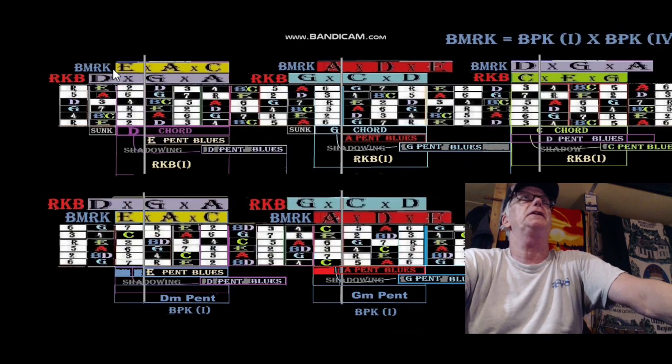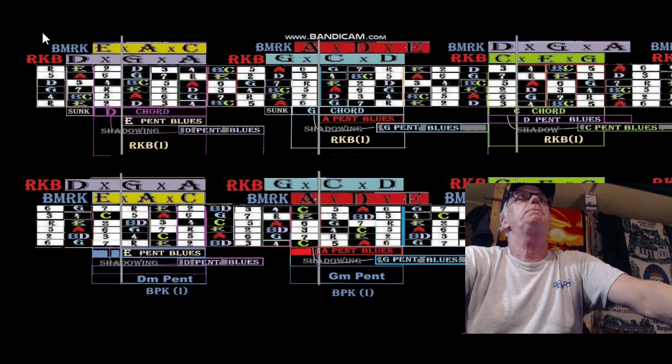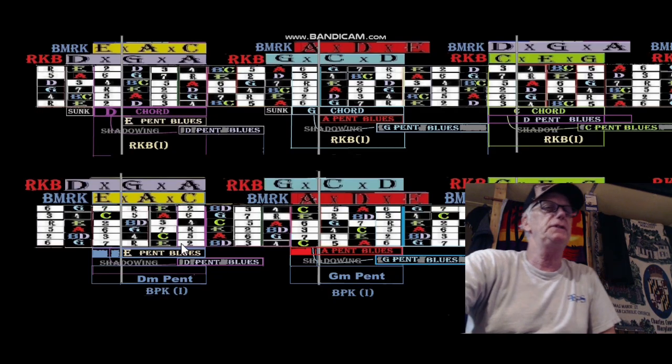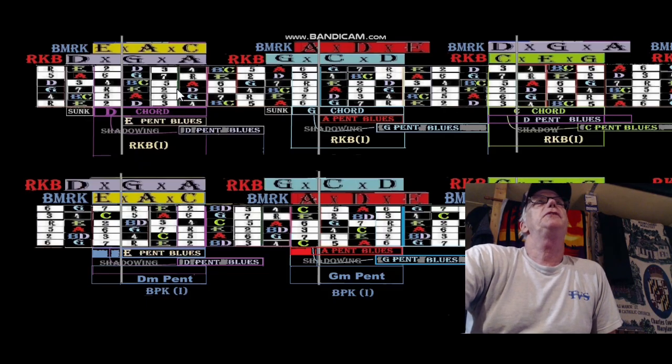Now you notice they look the same, but they're not, because the top fretboard has our root key of the blues header up on top of the cages here, and the bottom fretboard has the blues master key headers up on top of the fretboard, but that's not the only difference. You see what I've done here is, if we look at the root key of the blues here,